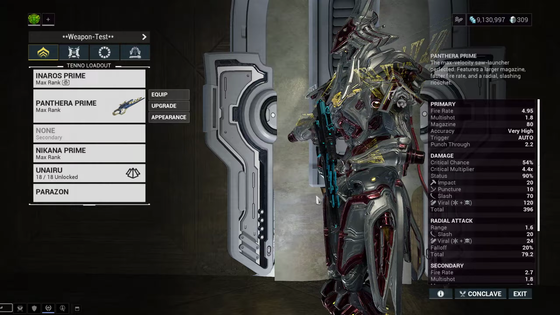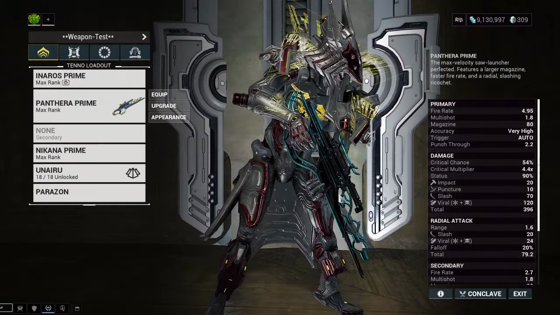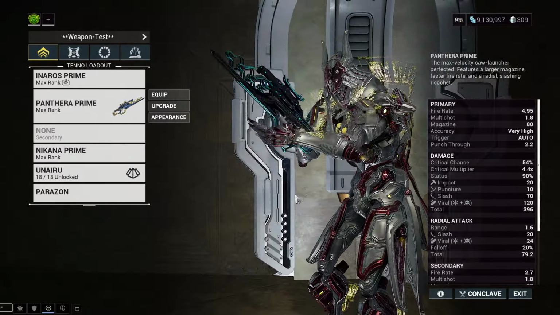It is a primary assault rifle, but it shoots these little saw blades out. Now, that's the primary fire, but today we're actually doing the alternate fire, which is a,